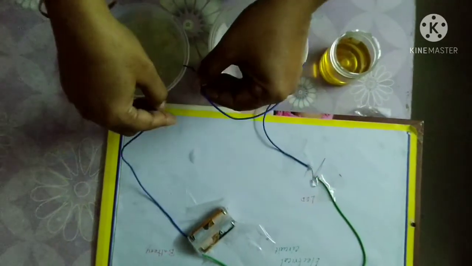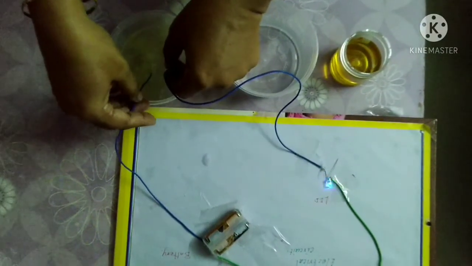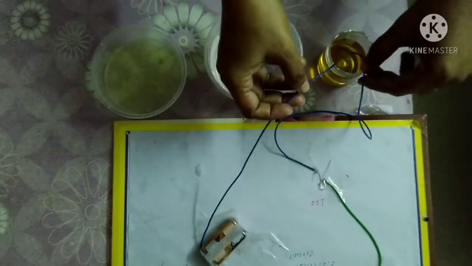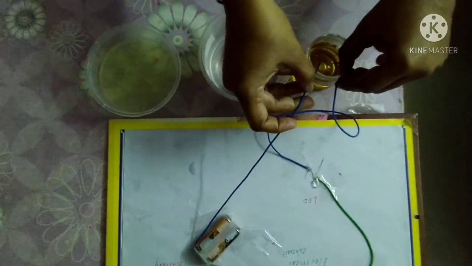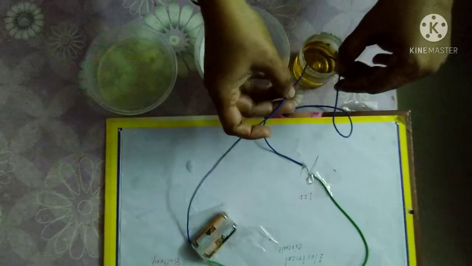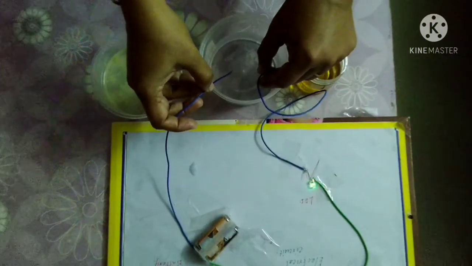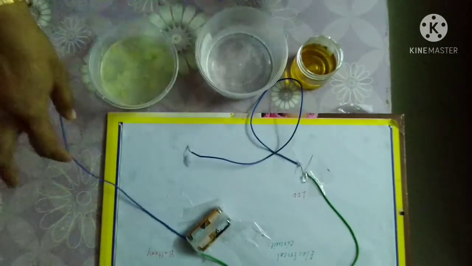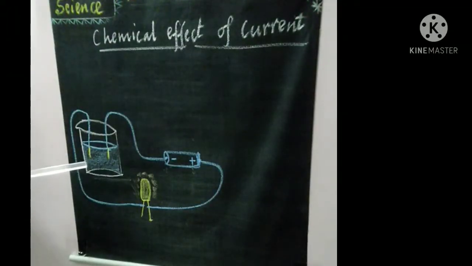Again we test it with the lime water or the lime juice. Here also the bulb glows. But when we dip the wire inside oil, that's a cooking oil, what happens? Yes, the bulb does not glow. See the difference? Salt water, lime juice. We know already that electricity is conducted by metals. But from this activity, you can predict whether liquids also conduct electricity.